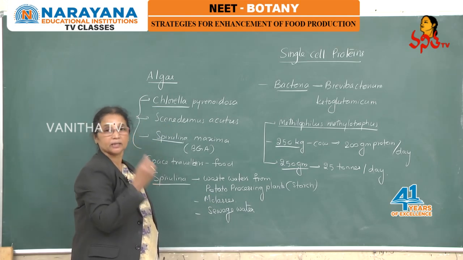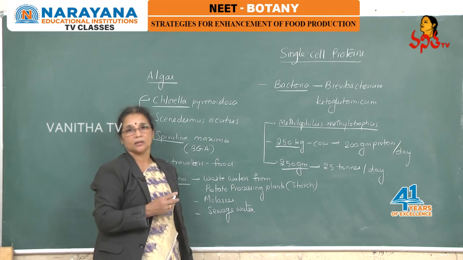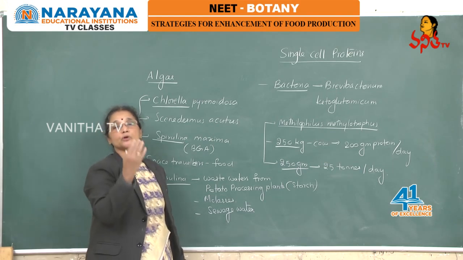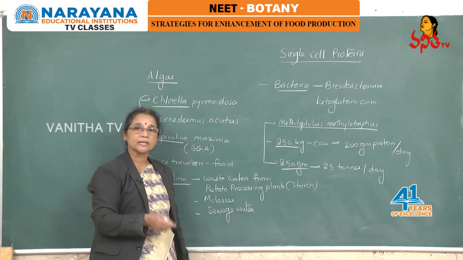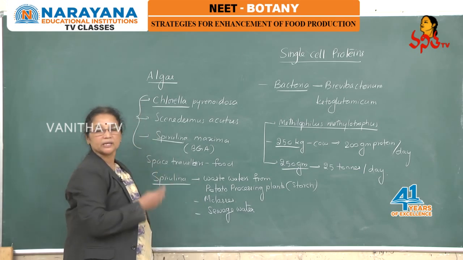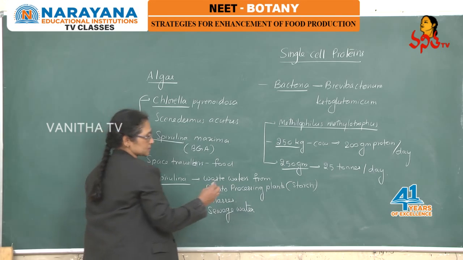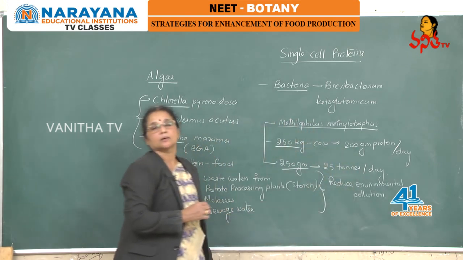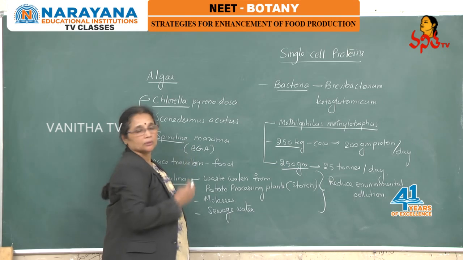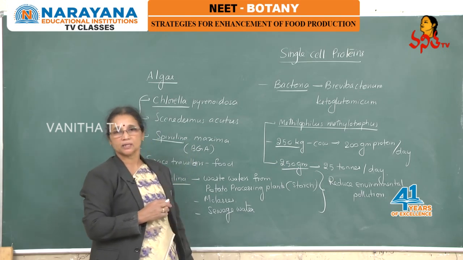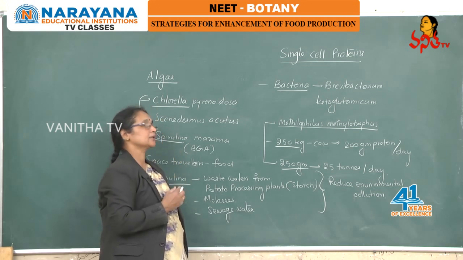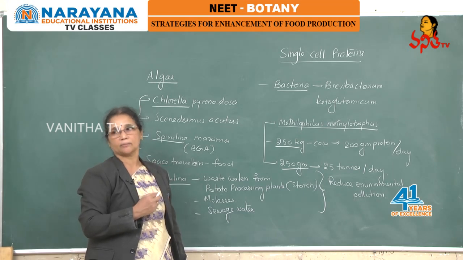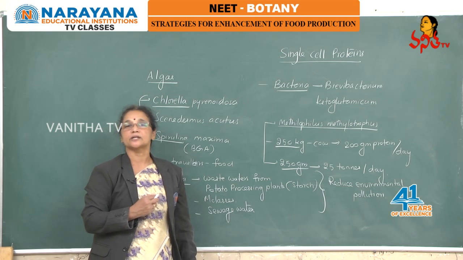So hence children, we can see that these microorganisms which are useful as a source of single cell proteins not only produce protein on a large scale but, because we are using waste water here, they are also useful to reduce environmental pollution. So like this we can apply the high rate of multiplication of single cell organisms or even multicellular organisms in the production of protein on a large scale. Right children? And now we are going to learn about the last topic of this chapter, tissue culture.